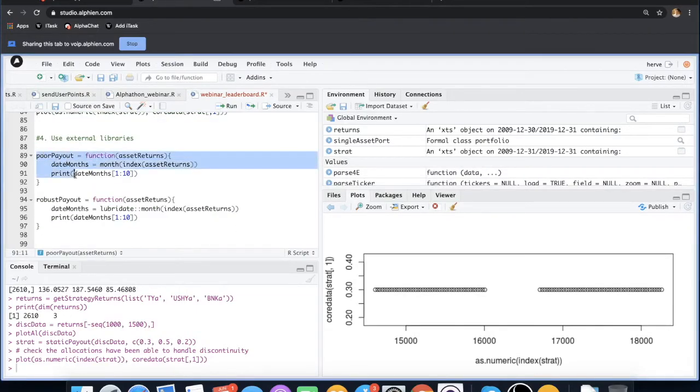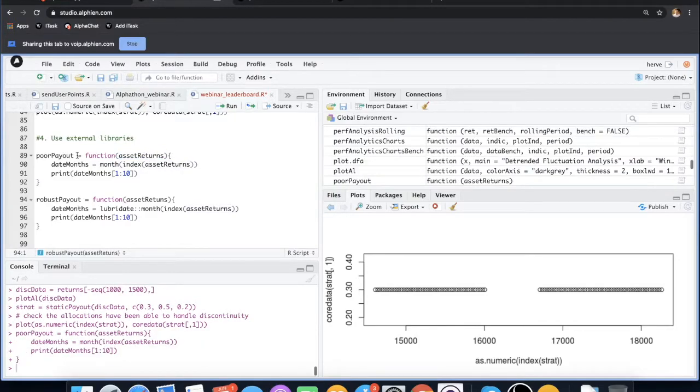In this payout here, I am just doing very easy date manipulation. So I'm just extracting the month of this series of asset returns. I'm just saying, okay, give me the months of asset returns, and I'm just going to print the first 10, basically. So here, okay.